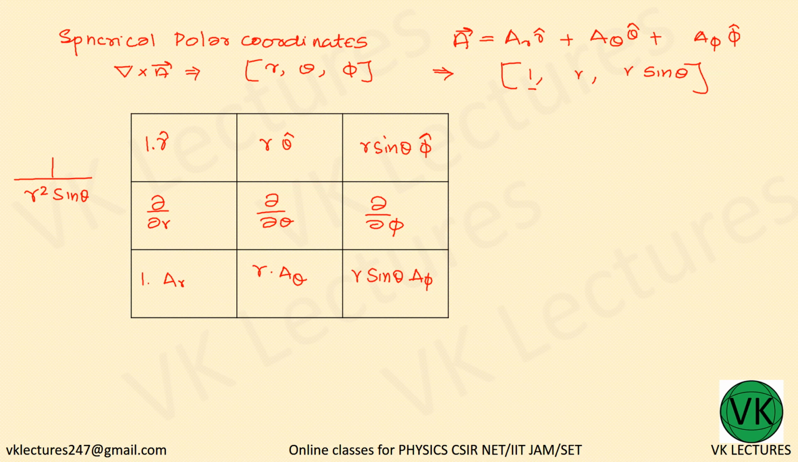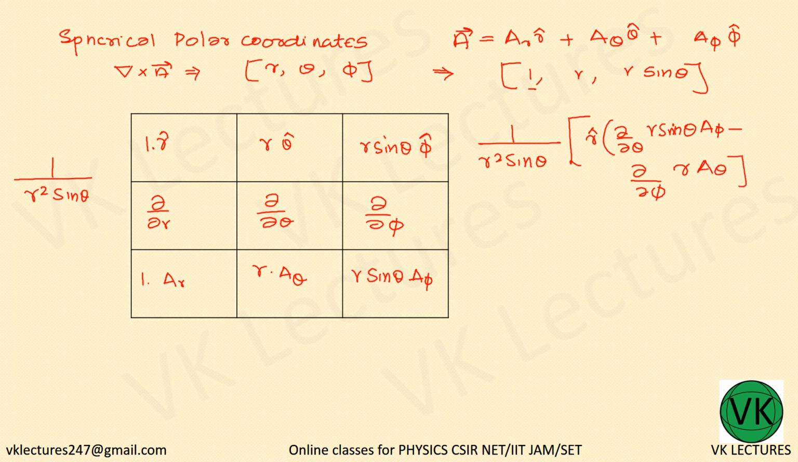So the equation says 1 by r square sine theta into r cap into dou by dou theta of r sine theta a phi minus dou by dou phi of r times a theta. That's the first term. Then minus